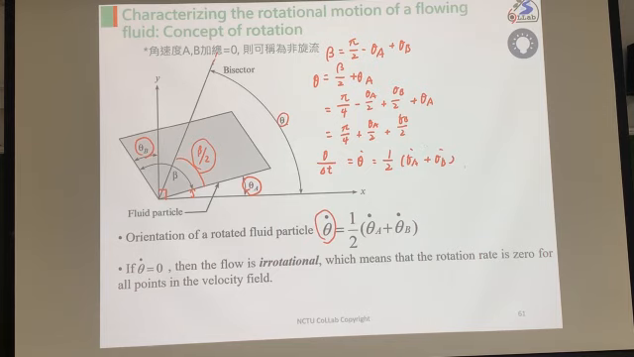So following these equations, if we can identify the theta A rate and the theta B rate, we know how large the theta rate is. And I tell you, if the theta rate is equal to 0, that means the flow is not rotational flow. Okay, so next class I will tell you how to compute the theta A and theta B rates. And then you can compute the theta rate, and identify the flow condition, rotational or not rotational. Okay, so we may stop here and prepare your